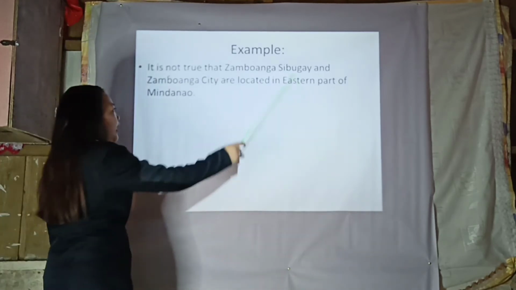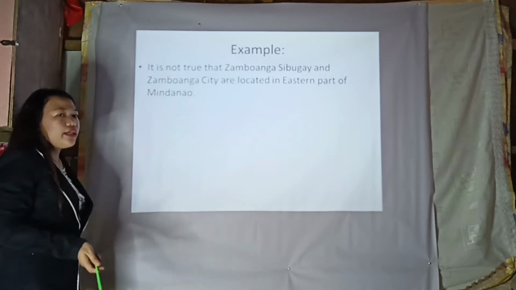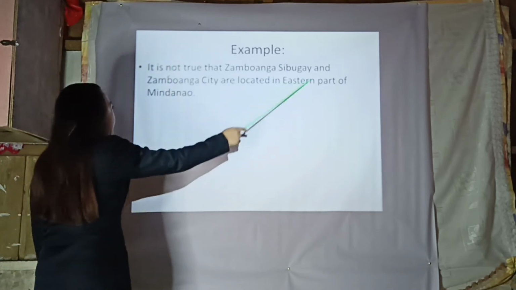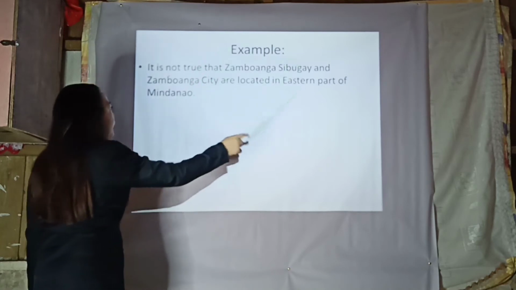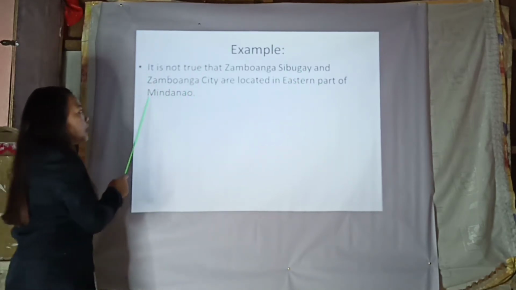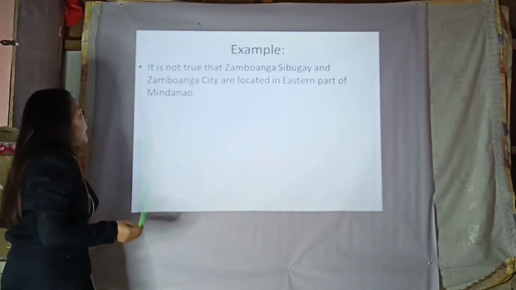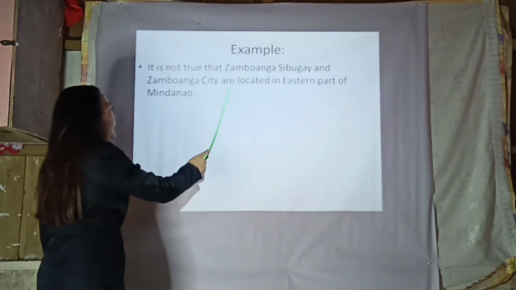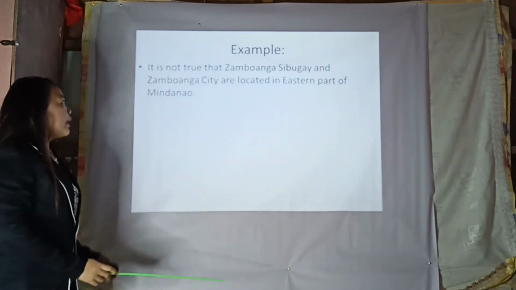As you can see, the statement has a negative, which is not. So, by using and, the two statements will be negative. As you can see, the first statement has a negative. Therefore, also the second statement will be negative. So, the negation of this statement, it is not true that Zamboanga Sibugay and Zamboanga City are located in eastern part of Mindanao, will be